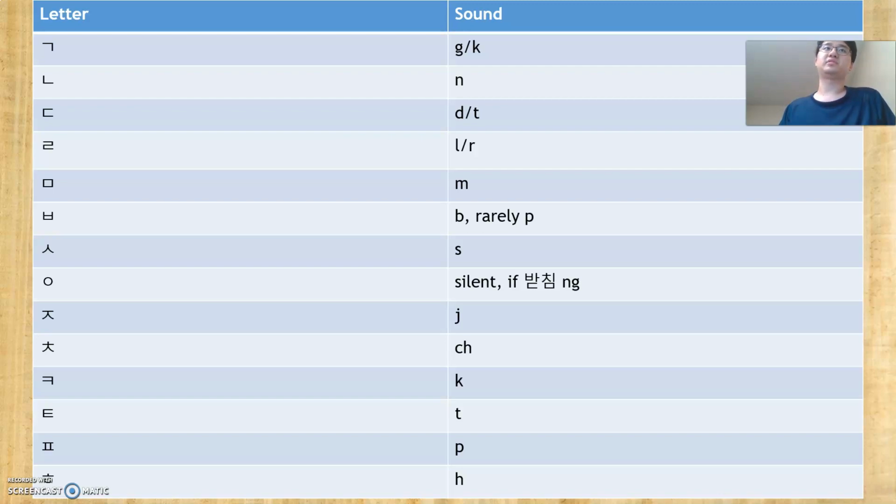So if you want to go through every single slide and study the letters like that, then feel free to do so. Or if you're just lazy and you just want a table with all the sounds on it, just use this final slide, or pause on the final slide so you can memorize it. The consonants should be pretty straightforward when it comes to pronunciation, memorization and reading. So make sure you memorize the vowels and the consonants here,